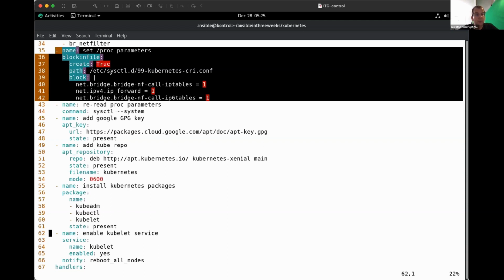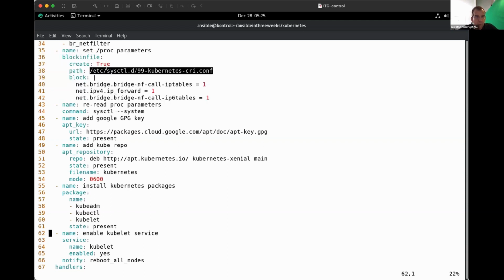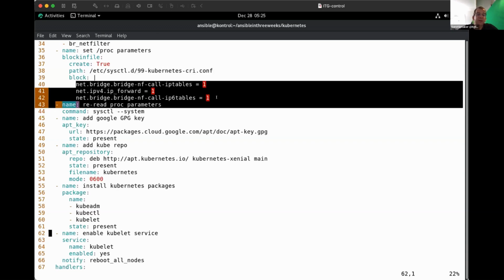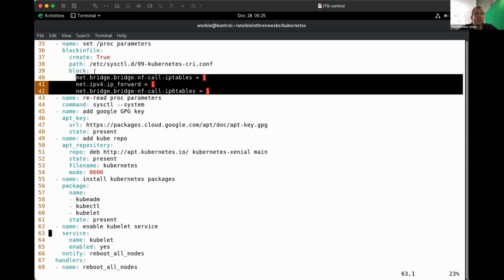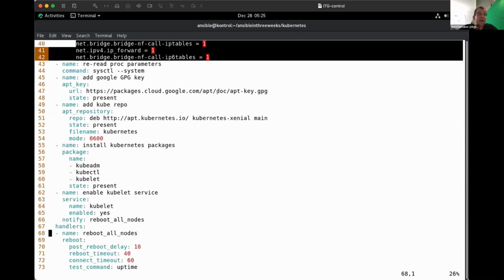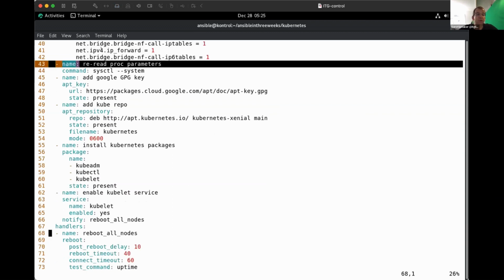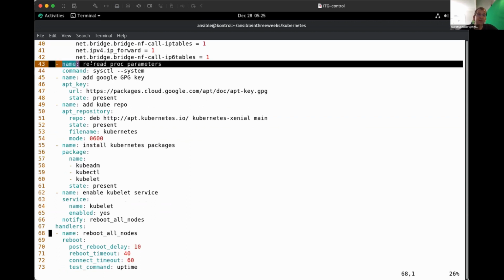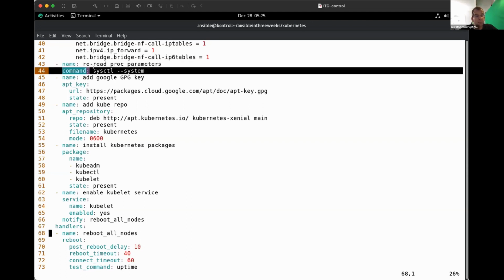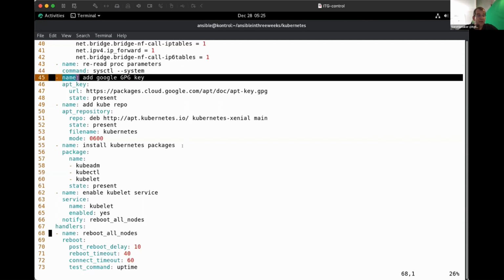Let's continue with blocking file. In blocking file, I create a snap-in file that is going to set a couple of kernel tunables, and these kernel tunables are going to be required as the lower foundation of the Kubernetes stack. Then we reread the proc parameters. Right here we have created proc parameters. Proc parameters are all about system optimization, and we need to make sure that they are present, and then we can continue in line 45 with the preparation to